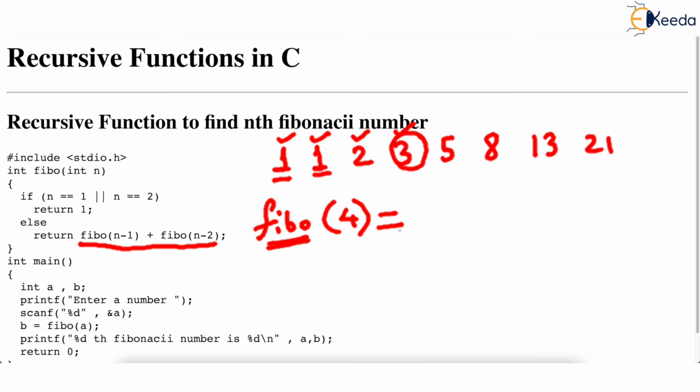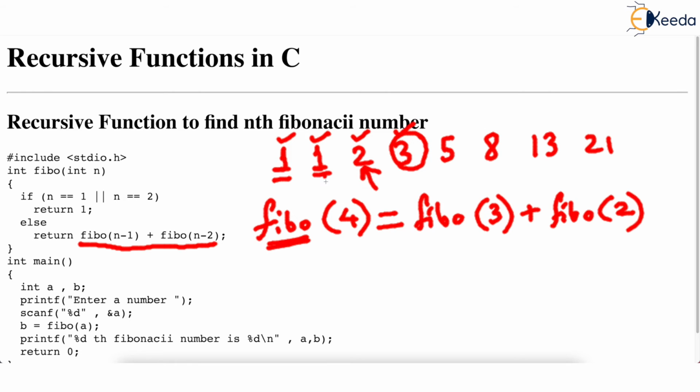You should say the 4th Fibonacci number is actually the 3rd Fibonacci number plus the 2nd Fibonacci number. Just check this. And indeed it is. See, the arrow where I am pointing is the 3rd Fibonacci and the arrow where I am pointing is the 2nd Fibonacci. Isn't it? So this 4th Fibonacci is given by the addition of the previous two Fibonacci numbers.